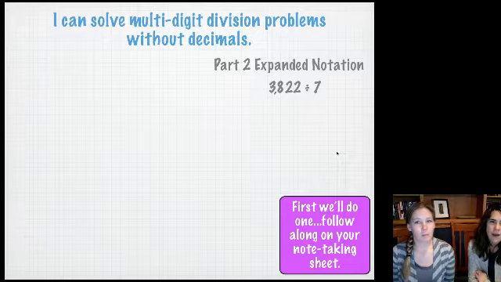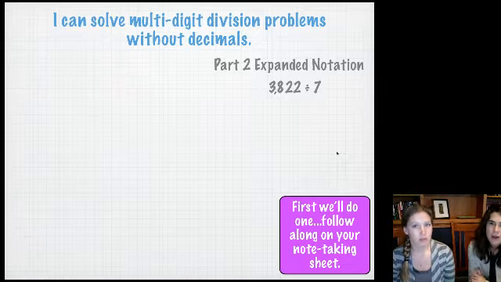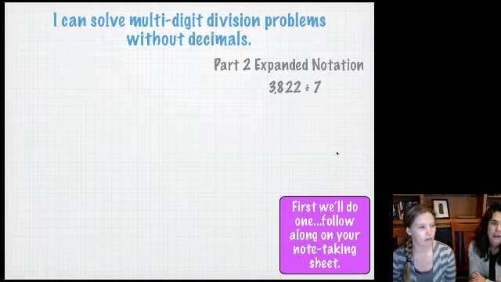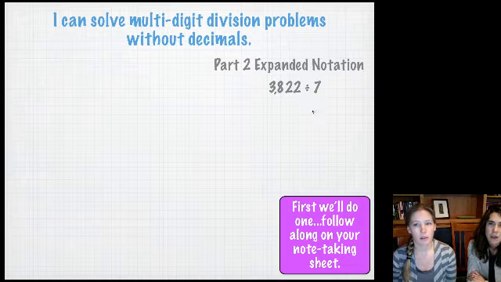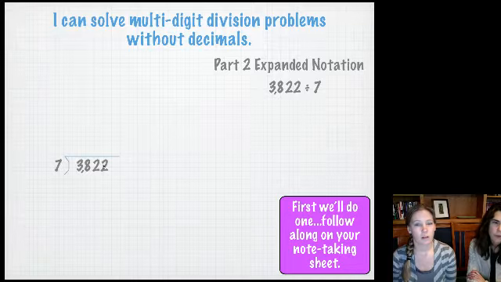All right, so now we're going to talk about the second method. It's called expanded notation, and a lot of people like this way, so pay close attention. This might be one that you prefer. So looking here, we have 3,822 divided by 7, and we're just going to have it like the traditional way,